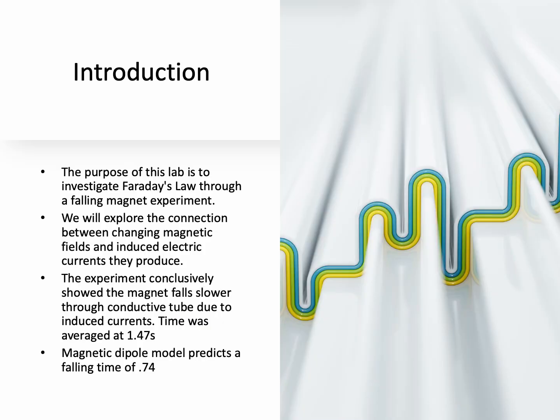For an introduction to Lab 6, the purpose of this lab was to investigate Faraday's Law by dropping a magnet through a tube of conducting material. We're going to explore the connection between changing magnetic fields, or flux, and the induced electric fields that they produce. The results showed conclusively that the magnet does in fact fall slower through the conductive tube due to induced currents, and the time was averaged out to be about